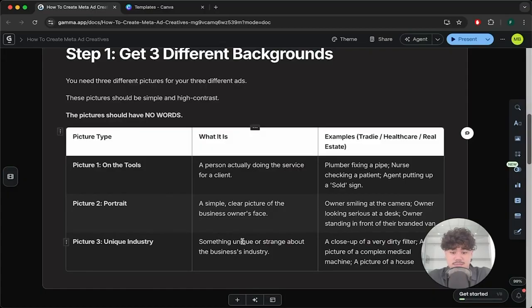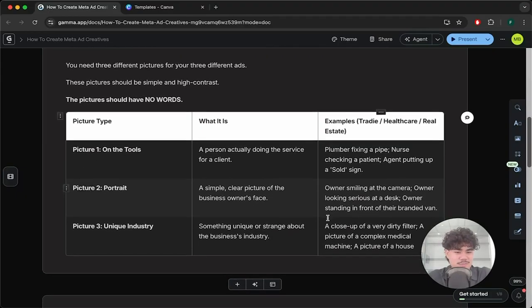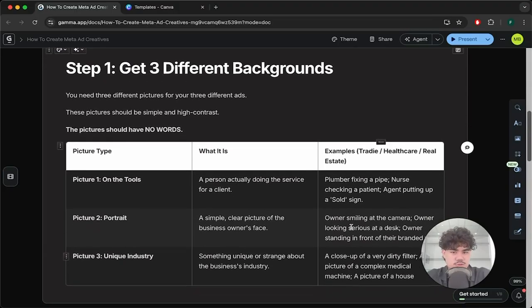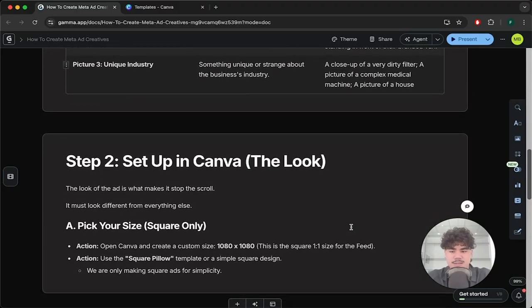So that is something unique or strange about the business industry. A close-up of a very dirty filter, as an example, if you're a plumber, a picture of a complex medical machine if you're in healthcare, and a picture of a house if you're in real estate. And ideally, we want it to be something unique and different compared to what you would usually see, right? So once you have those 3 different photos, then we can move on to the next step,